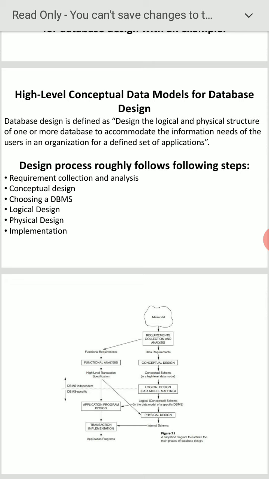Logical design. Logical data models add further information to the conceptual model elements. The conceptual model is there now. If you add some more things in logical design, it defines the structure of the data elements and the set of relationships between them. The main aim of the logical design is what here now? The structure of the database elements and the set of relationships between them.